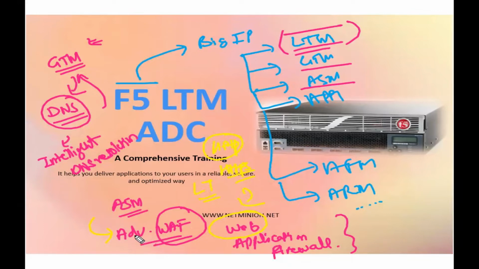So in Advanced WAF, we will learn about the web traffic. Then what kind of vulnerabilities are there? What are OWASP's top 10 vulnerabilities? How to mitigate them? But again, it's not the agenda of today's class because we are only concerned about LTM. Similarly, there is APM, the policy manager, AFM, the firewall manager, and ARM, the routing, if you wanted to go with the route module. So there is a route module also from F5. So the routing infrastructure also you can set up.